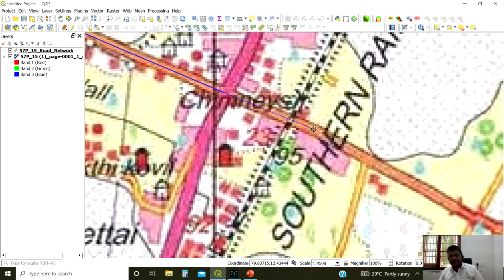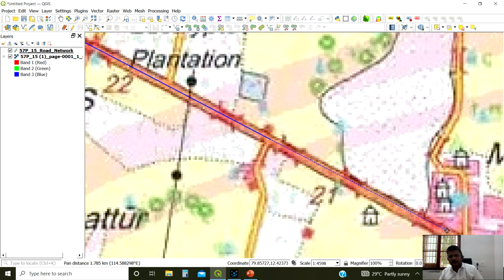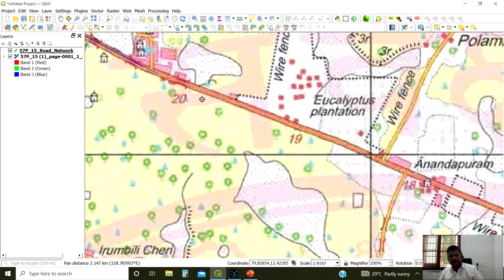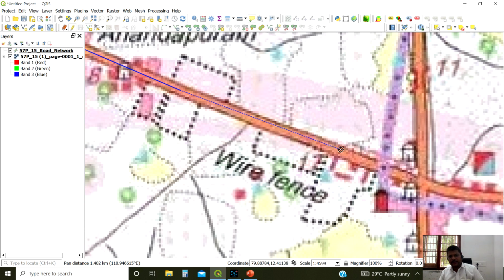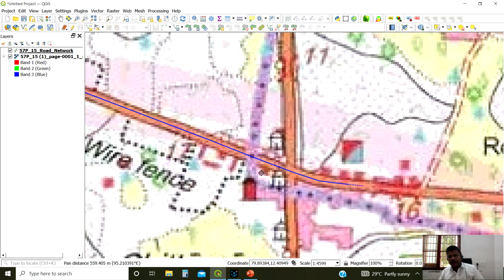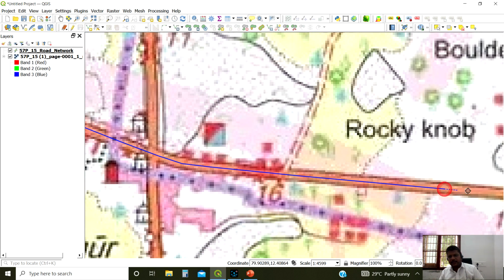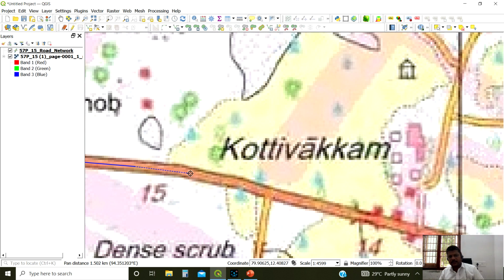So it is crossing like that. Accuracy of capturing is very important for any GIS work, because it may reflect in our decision making results.